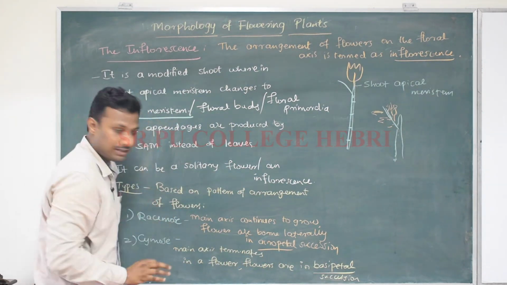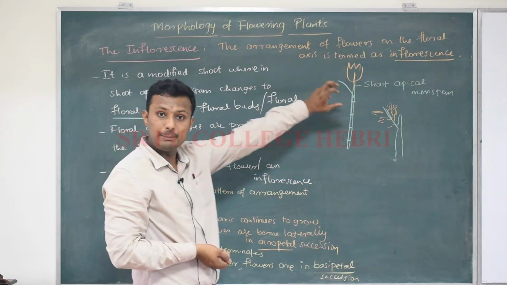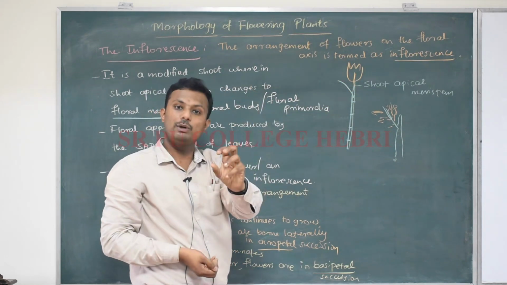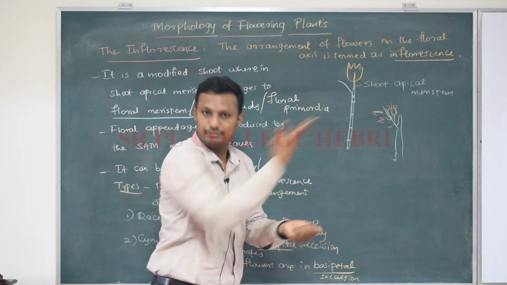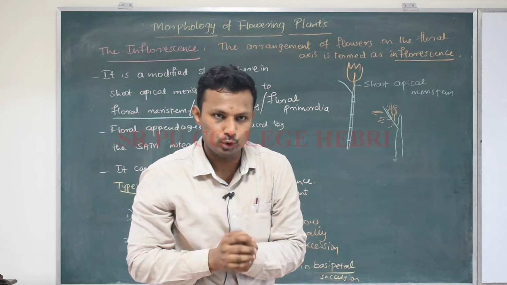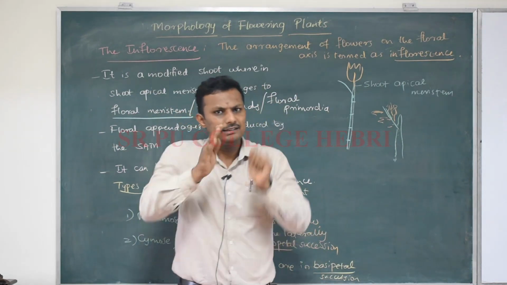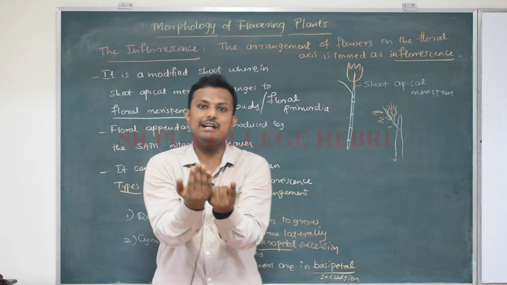Floral appendages ಇಲ್ಲಿ ಈ case ಅಲ್ಲಿ ಏನಾಗುತ್ತೆ ಅಂತ ಹೇಳಿದ್ರೆ, ಶೂಟ್ ಎಪಿಕಲ್ ಮೆರಿಸ್ಟಮ್ ಇದ್ದದ್ದು ಈಗ ಫ್ಲೋರಲ್ ಮೆರಿಸ್ಟಮ್ ಆಗಿದೆ. ಸೊ ಅಲ್ಲಿ ಲೀಫ್ ಬರೋ ಬದಲು ಫ್ಲವರ್ಸ್ ಬರ್ತಾ ಇದೆ. ಲೀವ್ಸ್ ನ ಬದಲು ಡಿಫರೆಂಟ್ ಪಾರ್ಟ್ಸ್ ಆಫ್ ದ ಫ್ಲವರ್, ಲೈಕ್ ಒಂದು ಎಲೆ ಬರೋ ಜಾಗದಲ್ಲಿ ಒಂದು ಹೂವಿನ ಒಂದು ಪೆಟಲ್ ಬರ್ಬೋದು ಅಥವಾ ಒಂದು ಸೆಪಲ್ ಬರ್ಬೋದು. ಓಕೆ, ಸೊ ದಟ್ ಮೀನ್ಸ್ ಬೇಸಿಕಲಿ the leaves themselves have been converted to form the different appendages or different